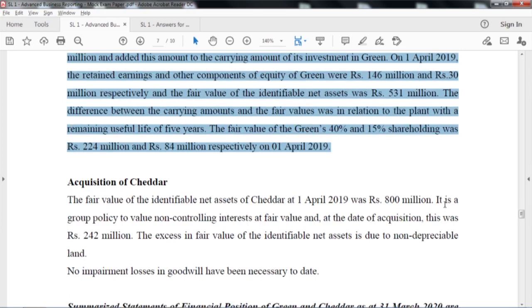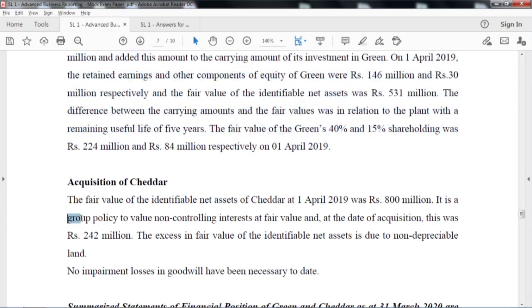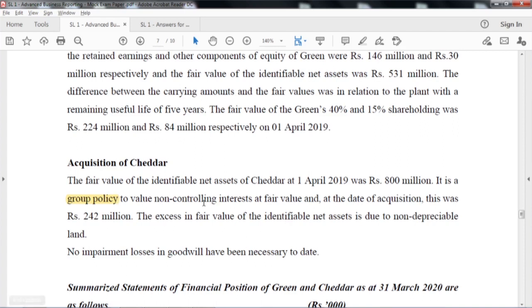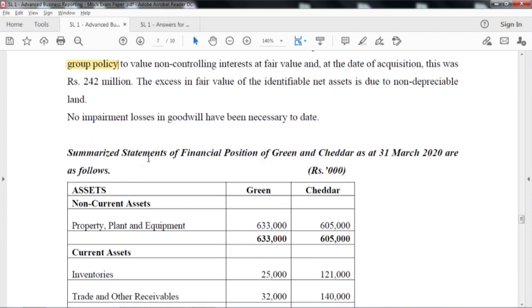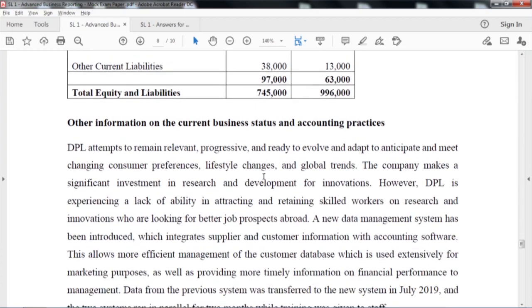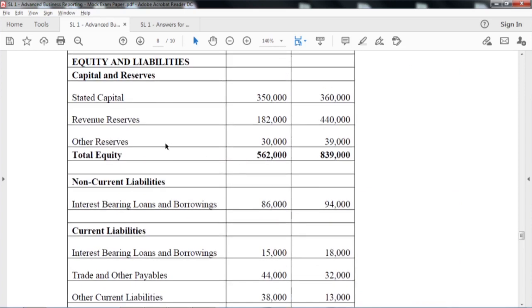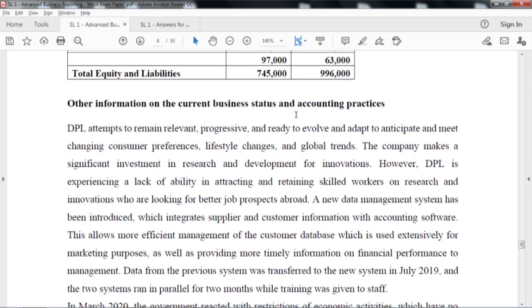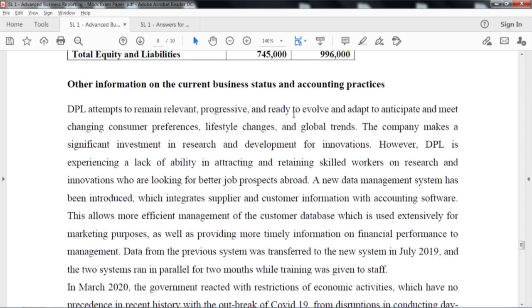Now, a point like this is very important, where uniform accounting policies are to be followed, that is a control. If you do not follow uniform accounting policies, the consolidated numbers will not be right. Right. So, this is about that, and then the accounts are given for the purpose of consolidation. You get the balance sheet, the balances of these 2 companies, and the fair values, and then other information. So, I do not go through those because that is typically for consolidation purposes. The other information is given here.